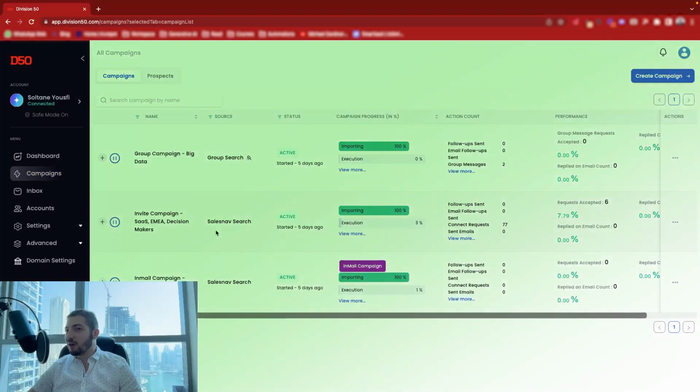And what we have here, as we can see in my profile, I have 3 types of campaigns. Now, you can have as many campaigns as you wish. Each campaign can be different in terms of maybe targeting a certain persona, which is a great way to compare, to see which persona performs better than the other, so that you can basically refine your outreach and focus on the best performing one. Now, going back to the 3 different campaigns I have here, I have an InMail campaign,